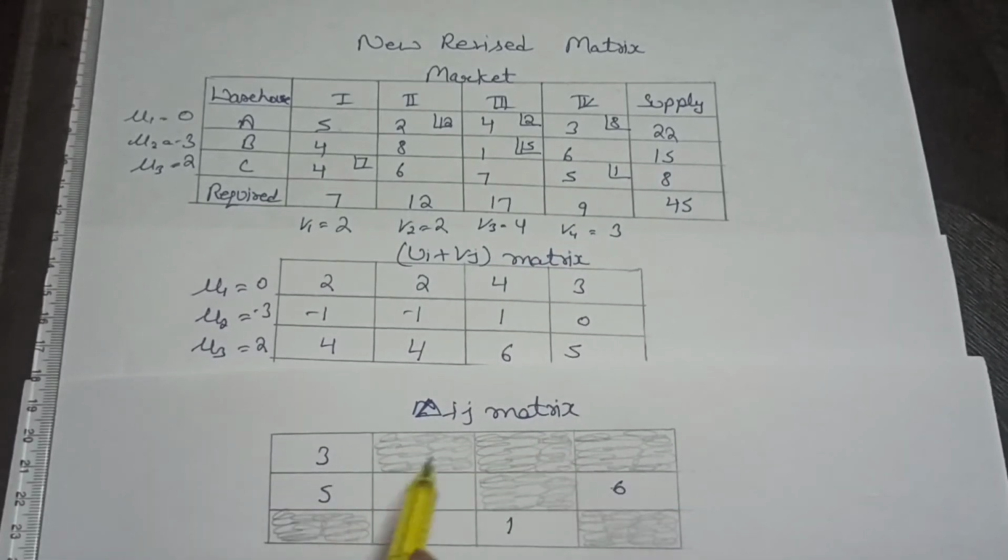Students, you can see we have calculated this matrix, and in this matrix we have all positive values, no negative value. So we can say our solution is optimal. And students, you can learn here that the clerk had already made allocations, but the clerk didn't find the optimal solution. So this is the optimal solution.